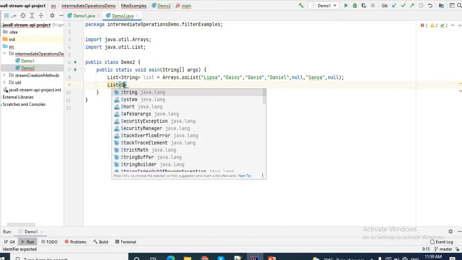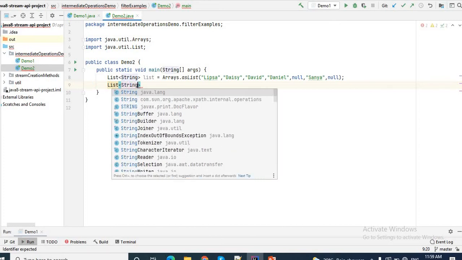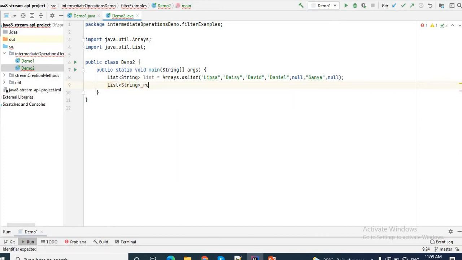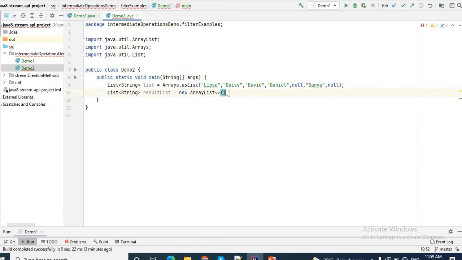This is also going to return a string list. Let me name it resultList is equal to new ArrayList. So this is my result list.